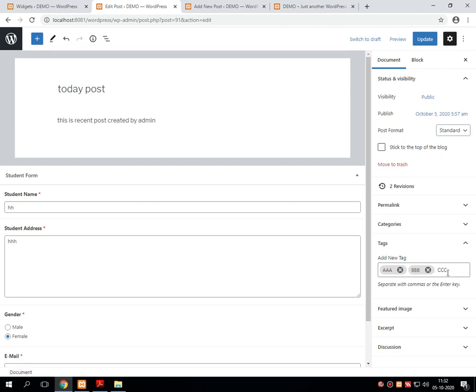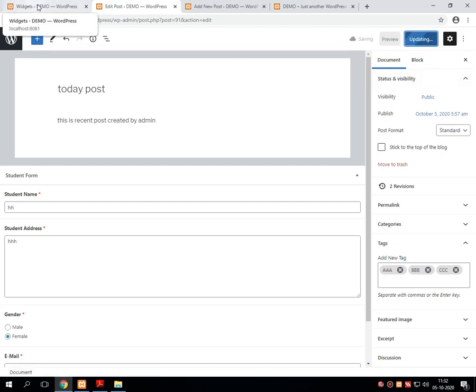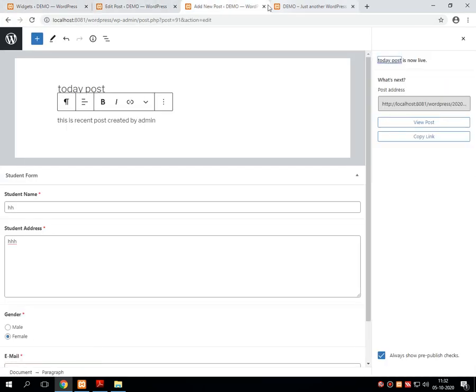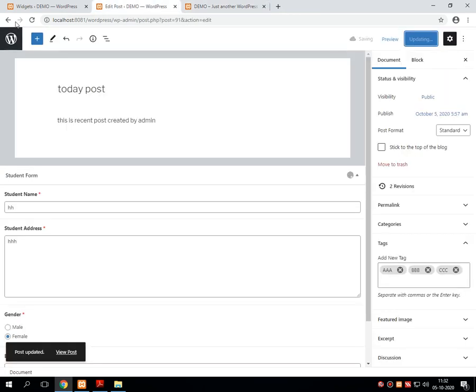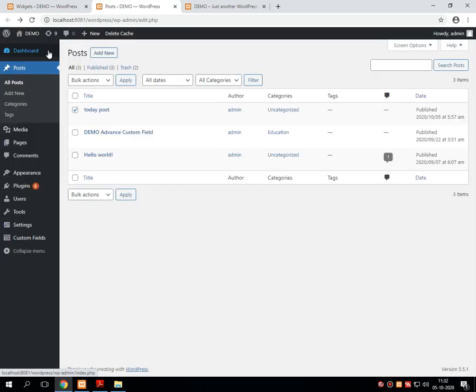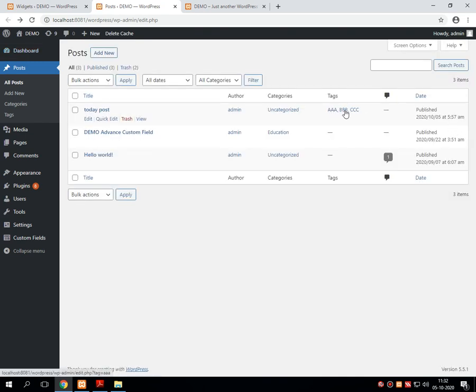I am adding 3 tags. I am updating this post. Once the update is done, I have to go back into the listing of posts and refresh the page. Here 3 tags will be displayed, whatever I have given.